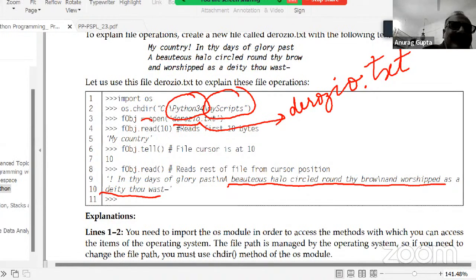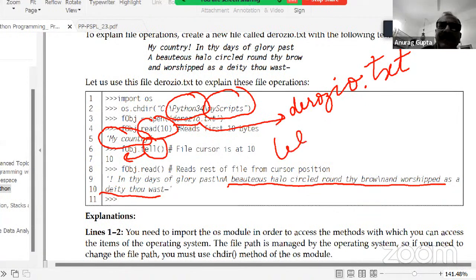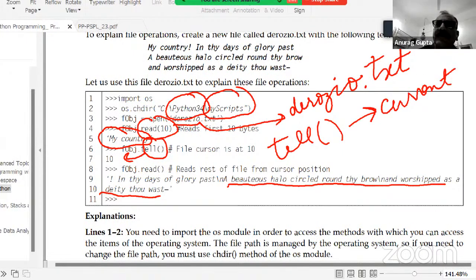When I did the first read with 10, it read "My country", that means the first line. Then when I asked it to tell, it told me the current location of the cursor. Once 10 bytes or 10 characters are read, the cursor will point to 10.